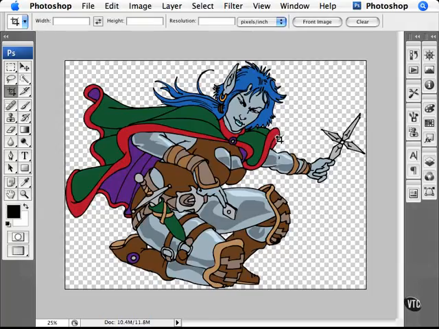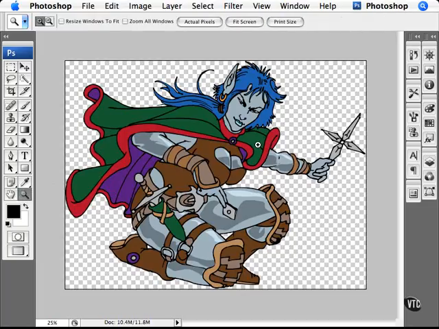As you can see, I'm currently in Photoshop and I have the same exact file open in Illustrator. And what I want to do here is discuss the difference between working with rasters, also known as pixels, and vectors, the lines that you draw in Illustrator. So what I'm going to do, first of all, is stay in Photoshop and